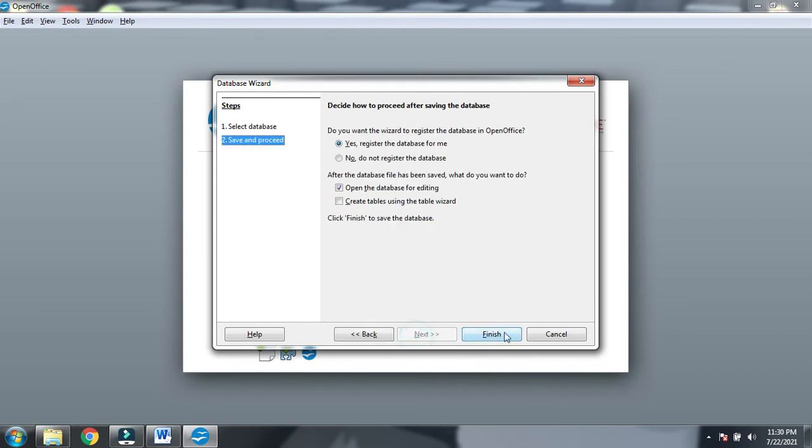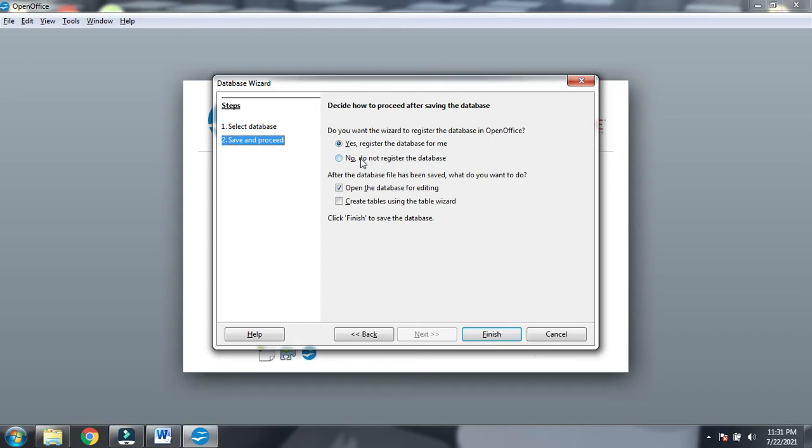Click on next. And here it will ask you, do you want the wizard to register the database in OpenOffice? It will register the database that you are creating in the OpenOffice directory, not outside the computer, only in the OpenOffice directory, so that OpenOffice Writer and OpenOffice Calc will also be able to utilize it.